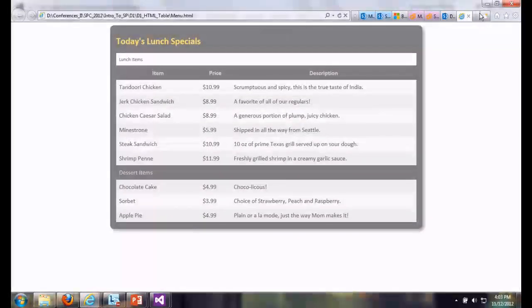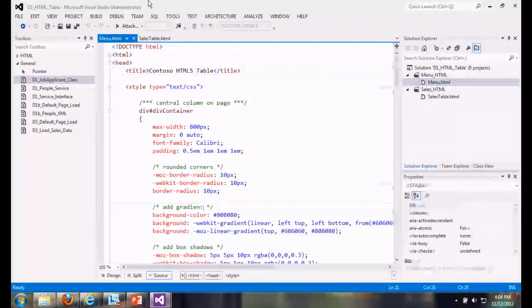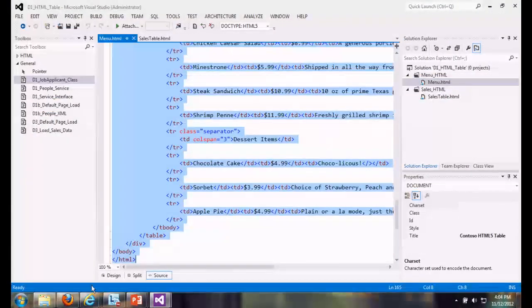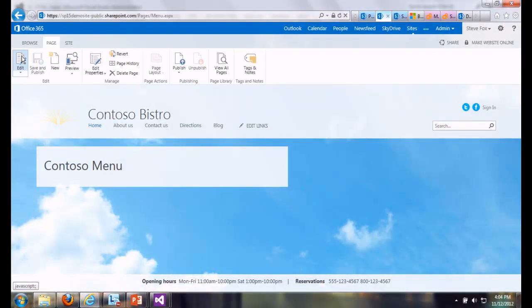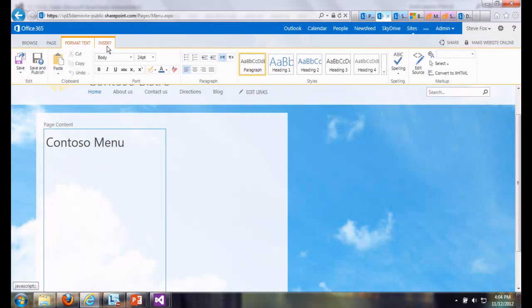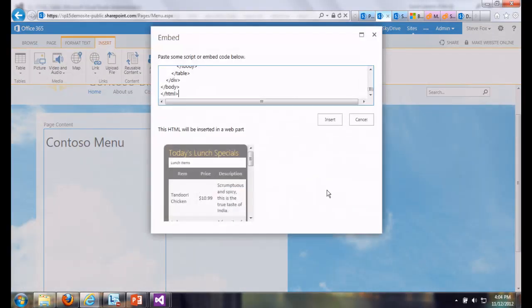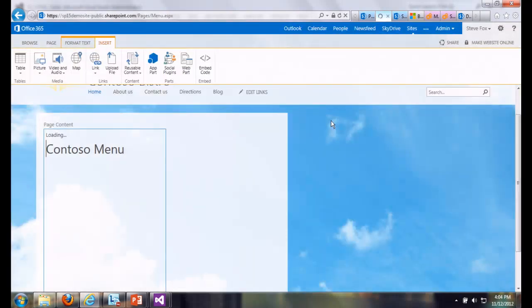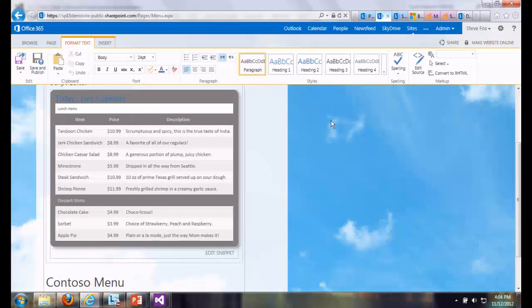Now, what we're going to do is I'm going to go in here, simply just grab this code, copy, and paste this bad boy. Now here, again, page edit. We've done this once before, so now you're an official expert there. Insert, embed code, and I can go ahead and just add some code in there, okay? And so now, that becomes this kind of nicer looking part of my SharePoint site, okay?